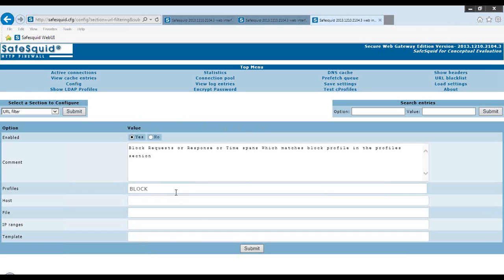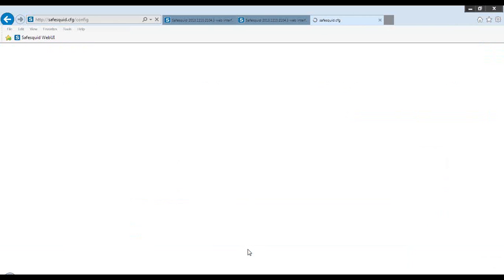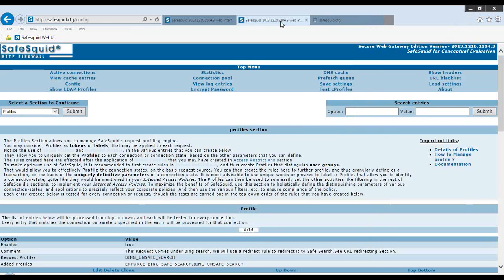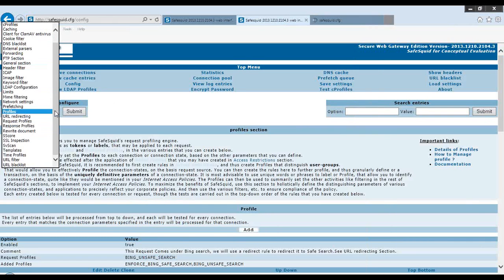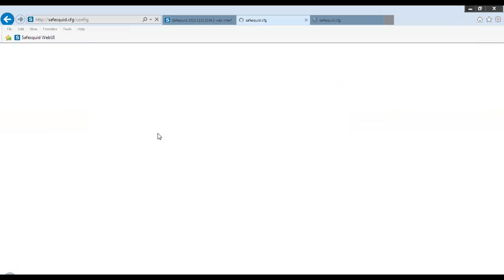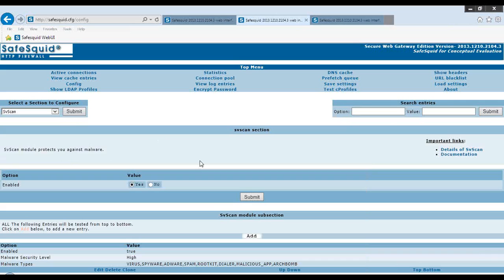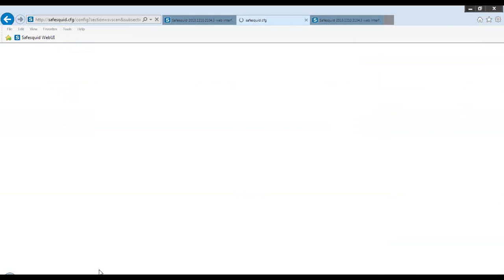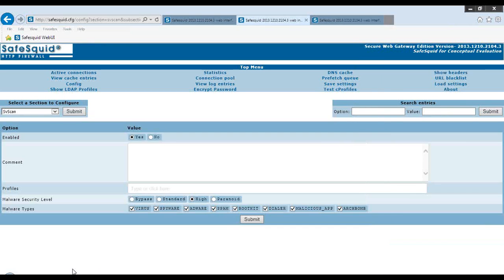If I just leave it now as it is, then all requests traveling to web proxies will immediately start getting blocked. This also brings me to another small area of configuration which I was talking about, in-memory virus scanning. There isn't much actually to show as far as in-memory virus scanning is concerned. It's just there, and it gives you a few options.